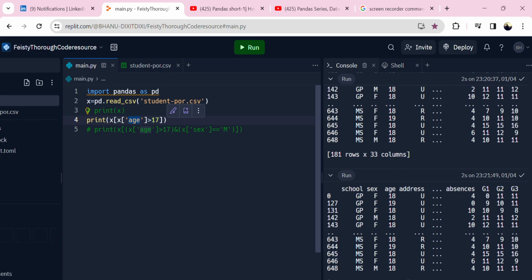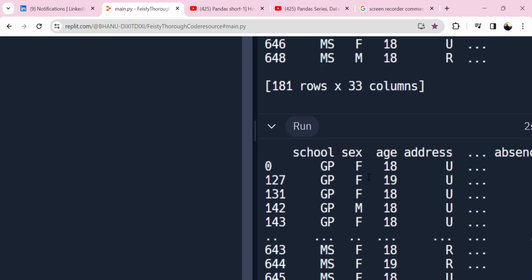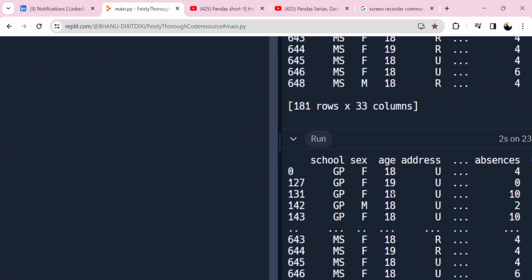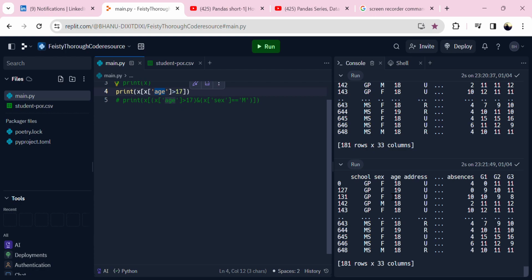So we can see that this data set has been filtered. The ages are 18, 19, and all the ages are above 17. What if I want to print all the males who are above the age of